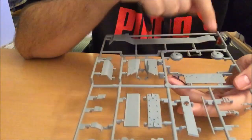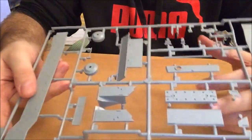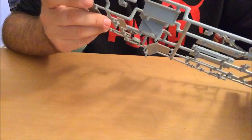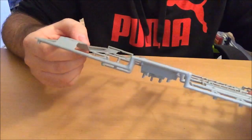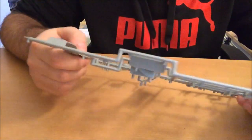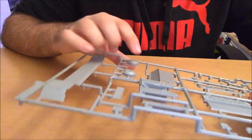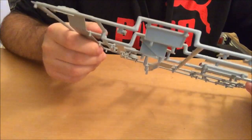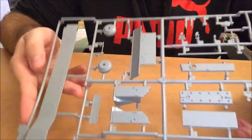And then, as you can see, those are the parts that do not have the Zimm, that are replaced with the Zimmer sprue, which we will come to in just a second. There's some nice anti-slip texture on the fenders, especially, or well, at least on the parts that you see that are not covered by the superstructure. And the sprue contains the hammer and some parts for the suspension. So yeah, and a jack block, which will be stripped. So a couple of parts from this sprue we will be using, but mainly the big ones will be replaced